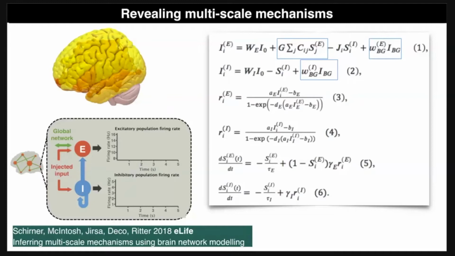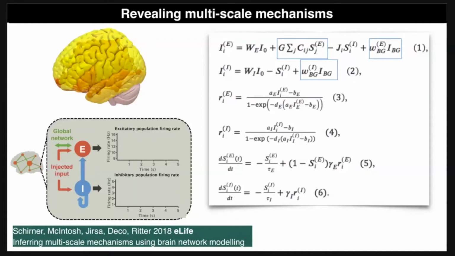And here for each individual population model or brain region, we can recover the time courses of the firing rates of the excitatory and inhibitory populations. And this is something, of course, that we could not simply measure in Jessica's brain. On the right-hand side, you see the model that we are using here. This is a reduced Wong-Wang model.